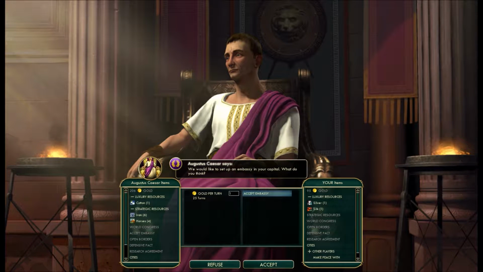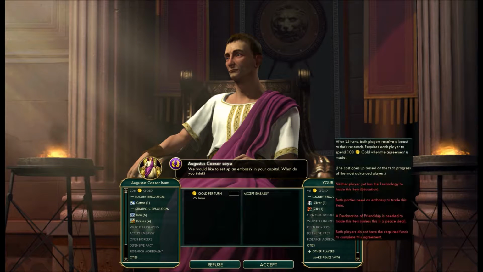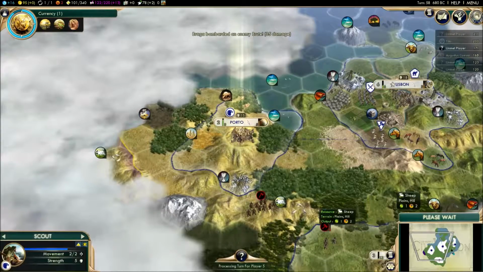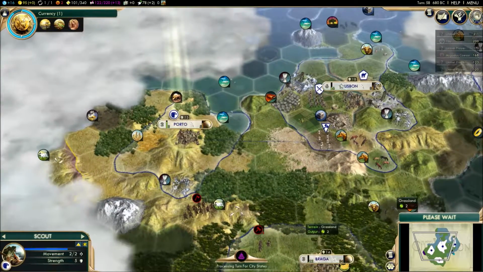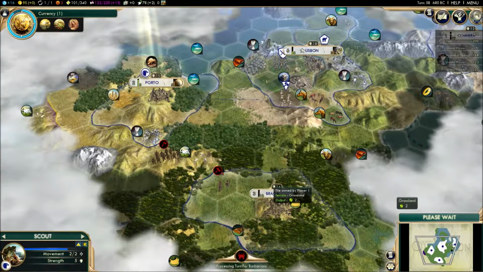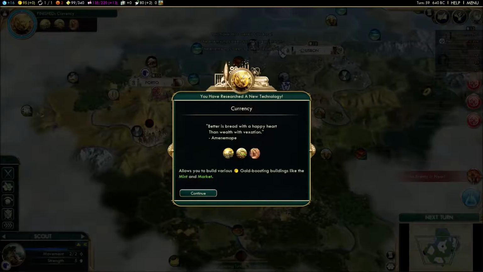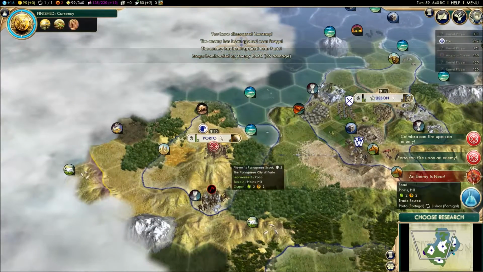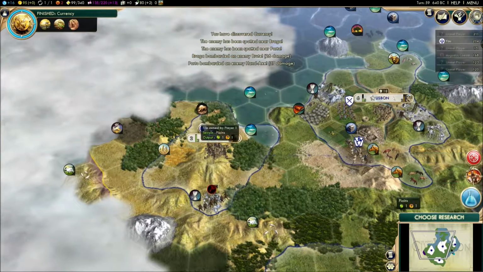But this guy just wants to give me a gold per turn for an embassy, and basically the embassy means that he can see my capital, see where it is, I mean. And it also unlocks things like a research agreement and such, as well as declaration of friendship. So I'm going to go ahead and accept this deal, and make friends with the Romans instead of making enemies with them. So I've gotten to this point